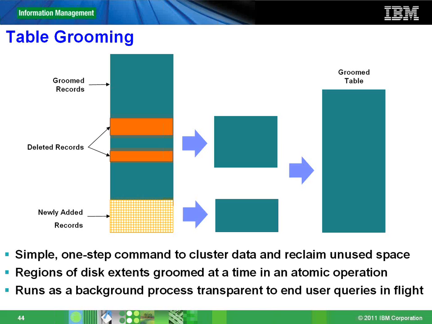So table grooming is another feature in Netezza. I mean, it's there in most databases. It's just there in the slide as a placeholder. It's just a one-step command that will basically tighten your storage. It will groom your table. It will delete holes in your data pages and bunch up all the data together, so you get better storage results. And the table groom runs as a background process, which means that if I'm grooming a certain table, I can have any number of queries running on that table, and there is absolutely no impact on performance.